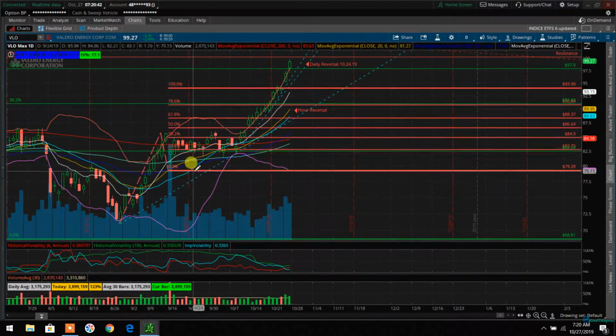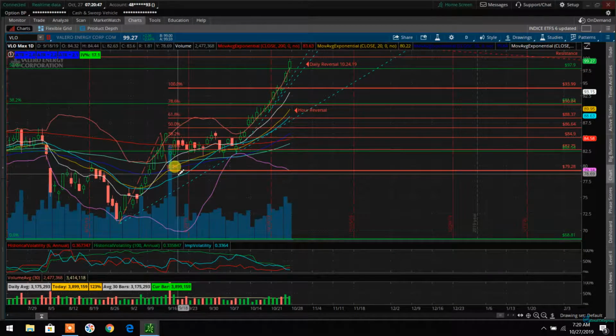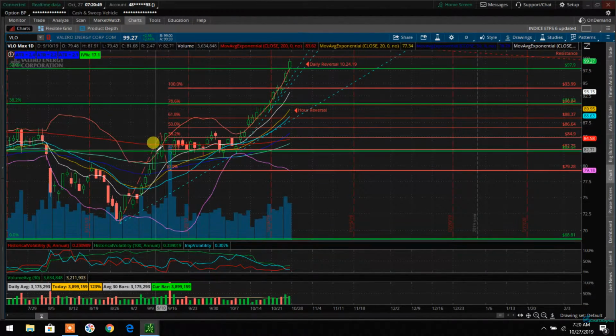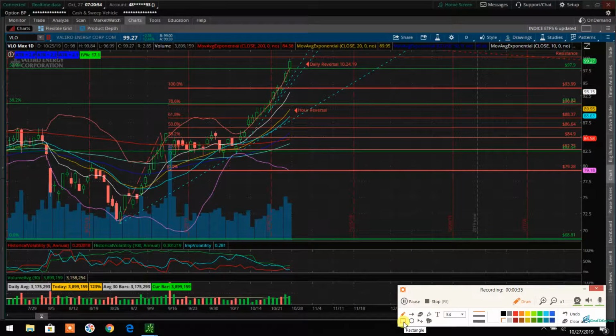See this nice run up. We're now exceeding 100% of this last flag pattern that came in right here. And we're looking for this to continue a little higher, so long as we can hold our 97.90 area there. You can see this flag pattern here, the Fibonacci extension right there, pull back, and then there's our 100% mark right there. You can see that we've exceeded that, and we're currently holding at this 97.90 area, and that